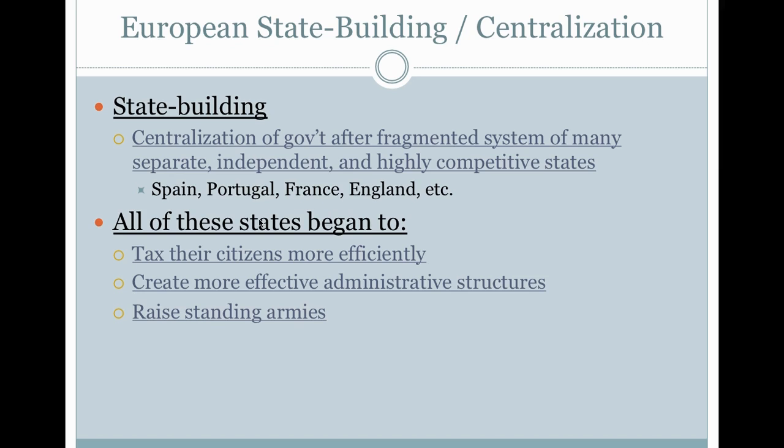And so what does it mean to be centralized? Well, like we've seen in China or in other places, right? They begin to tax their citizens more efficiently. You start to see bureaucracies emerge, with a monarch at the top who obviously has a bureaucracy underneath him. And you're going to start to see large standing armies, paid soldiers. That's what those taxes are going to go towards. So that's the change that we're seeing, the political changes in Europe by 1500 compared to the political structures prior to that, right? It's a decentralized state under feudalism to more of a centralized state where feudalism is pretty much dying out.